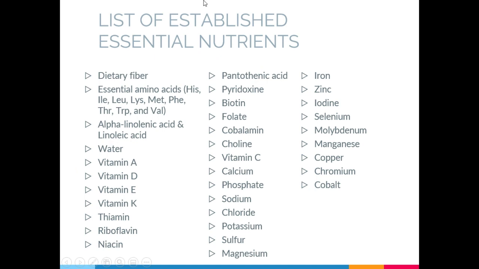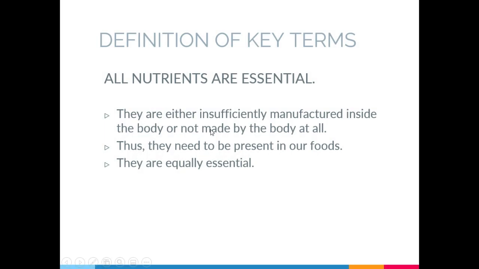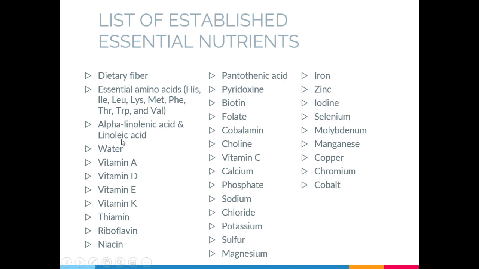Kanira gyud sila ang essential nutrients. Okay? We have dietary fiber, this is a carbohydrate. The essential amino acids, those amino acids that are not synthesized by the body. Okay? So these amino acids really fit this criterion that we just discussed. And we have the two essential fatty acids, alpha-linolenic acid and linoleic acid. Then of course water, H2O. Then the fat-soluble vitamins, ADEK, vitamins A, D, E, and K,